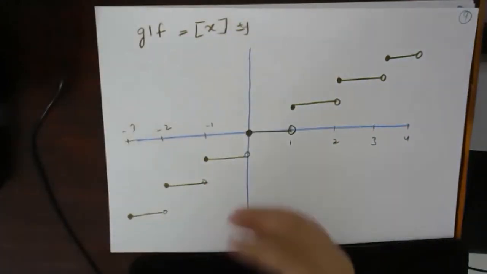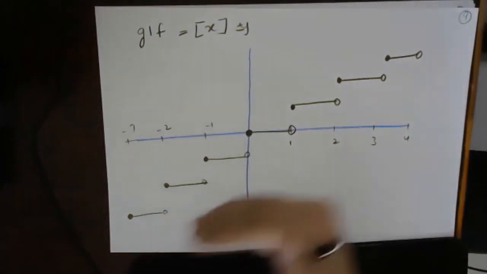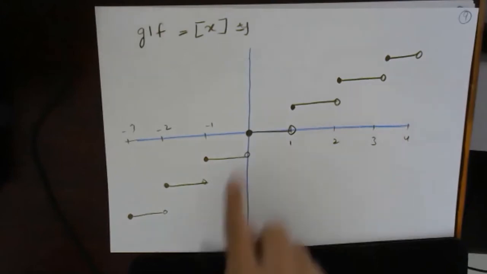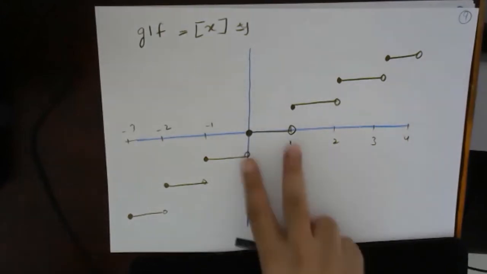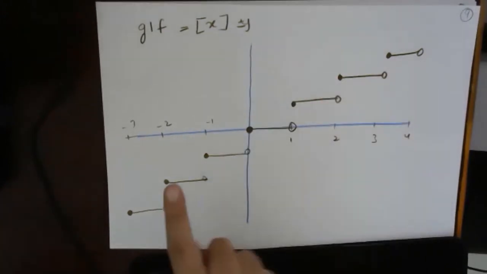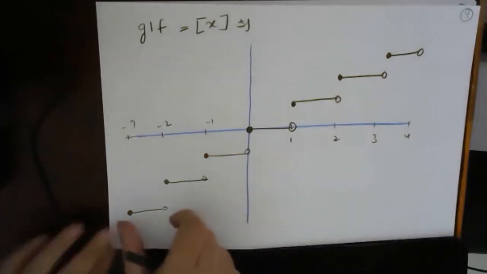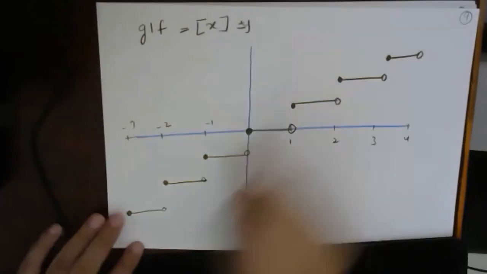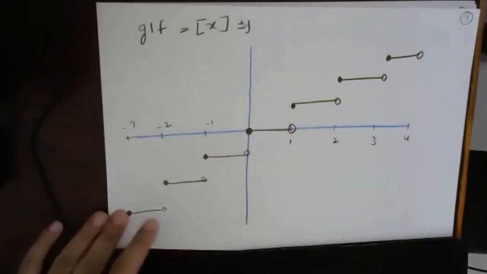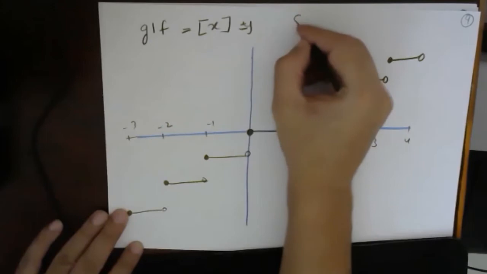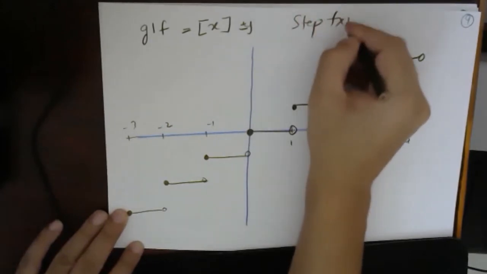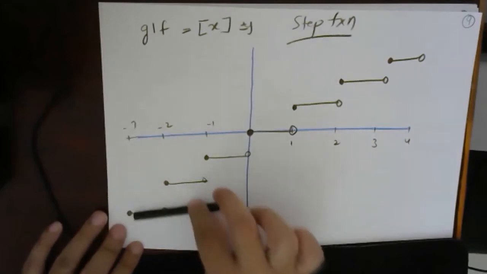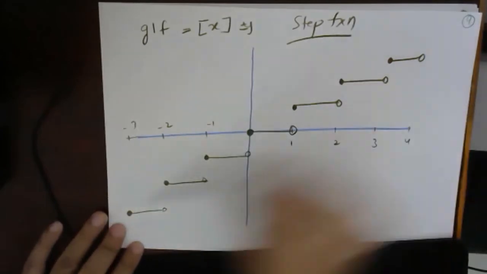Why is it upward? Because, children, every next number, every next interval, discontinuous, right? Every next number has one integer increased, so that is why it is jumping by 1. It is jumping by 1. So you can also call this a step function. Why is it called a step? Because it's a step.